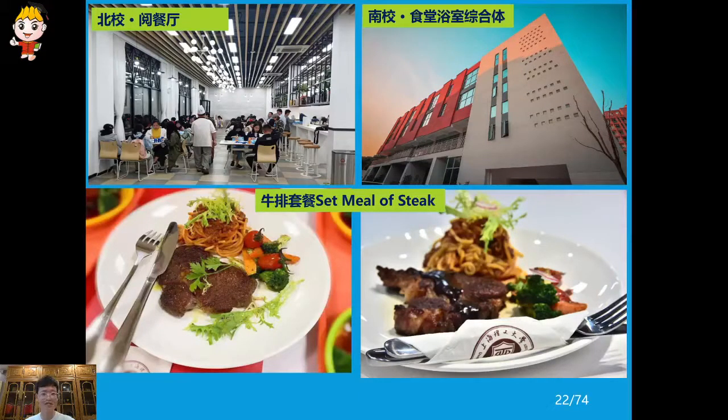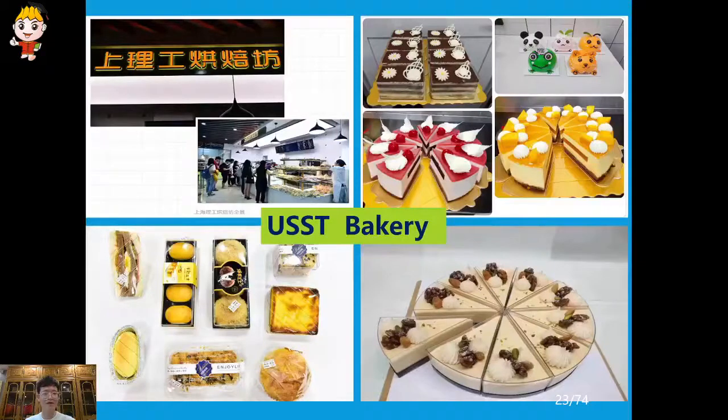This is a set meal of a steak for the students on the North Campus. And also, this is a USSD bakery on North Campus. And it offers different kinds of sweets, like the specialties, like the desserts for the students on the campus.